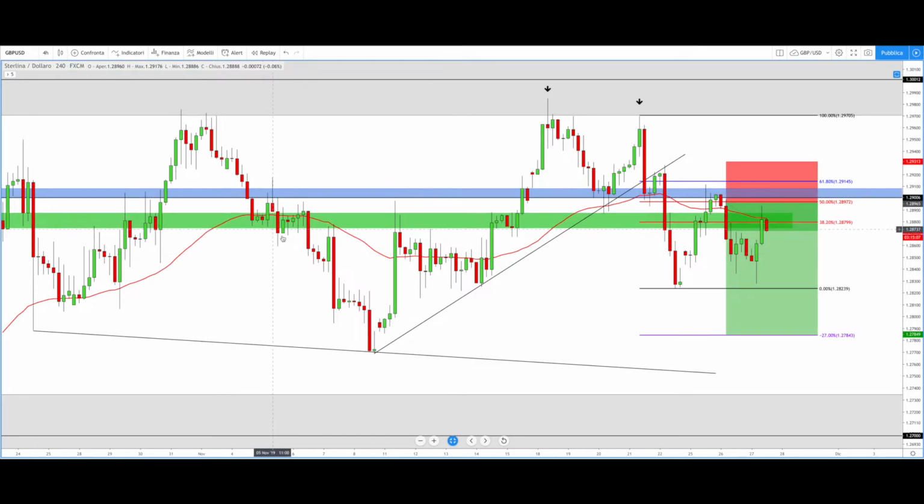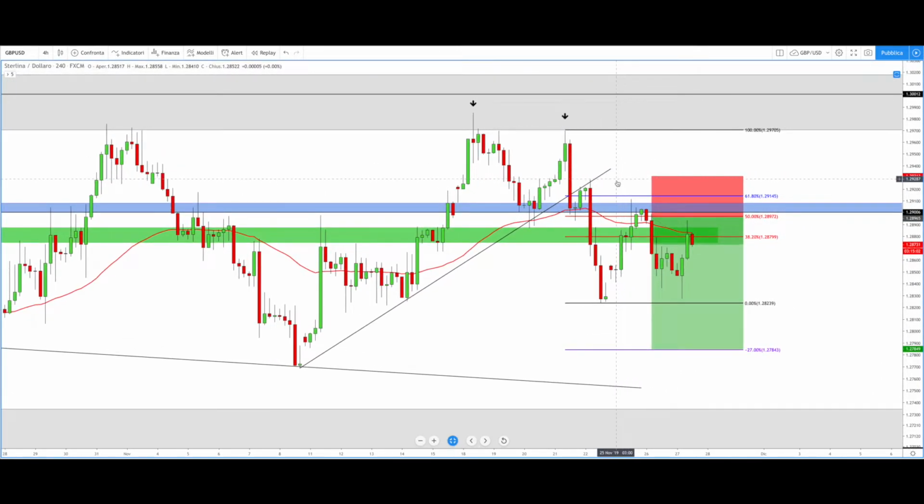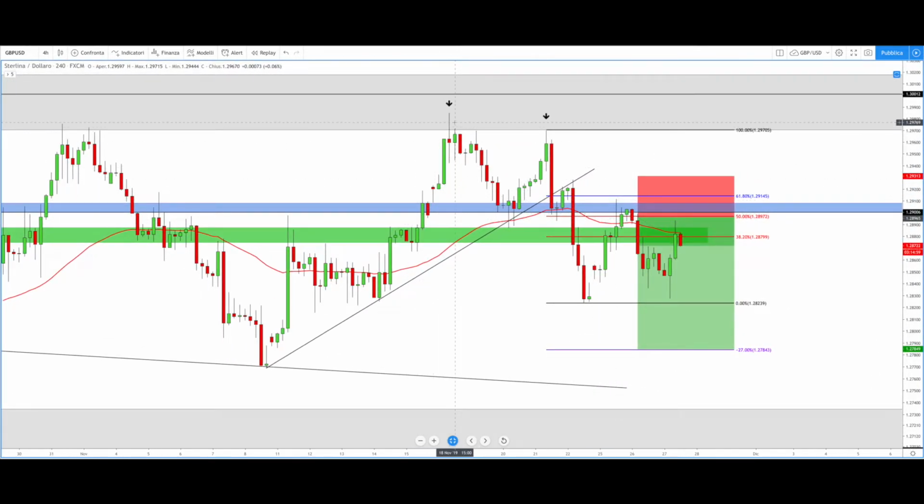So I follow this previous analysis, and we can see that in the last weeks the price here failed to go higher and break this slowdown area around 1.30, a key level that we know really well on GBP USD, because it's one of the most strong level on this pair alongside with 1.27. And we can see that after this double top, the price start a massive bearish movement that bring it to close the weekly candle here